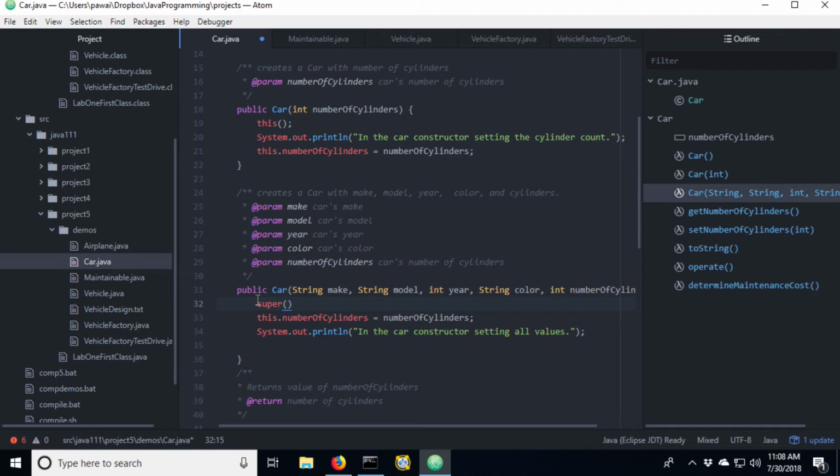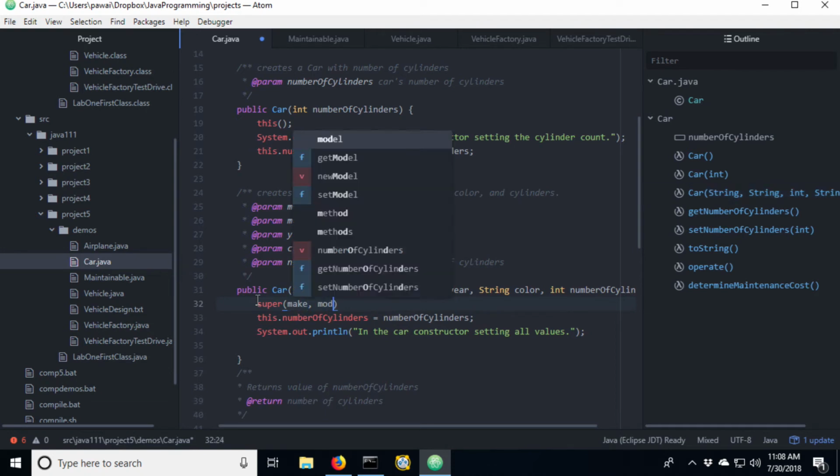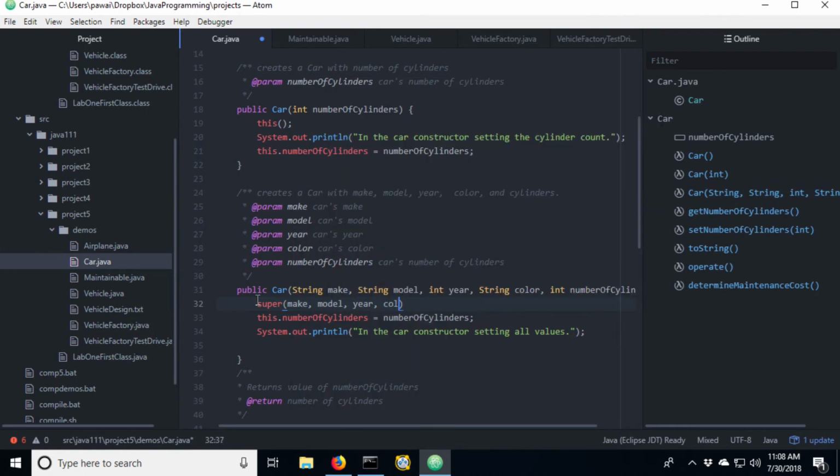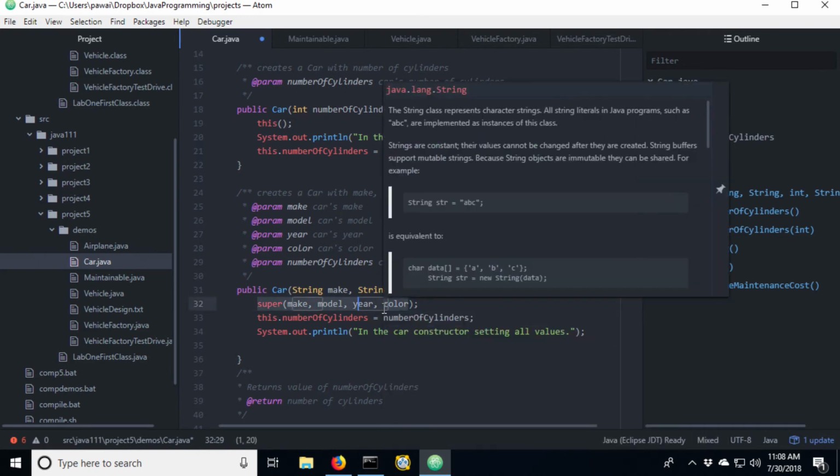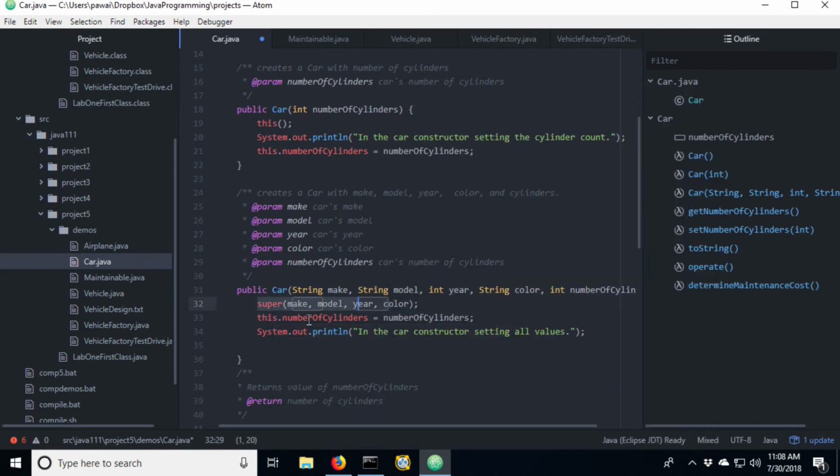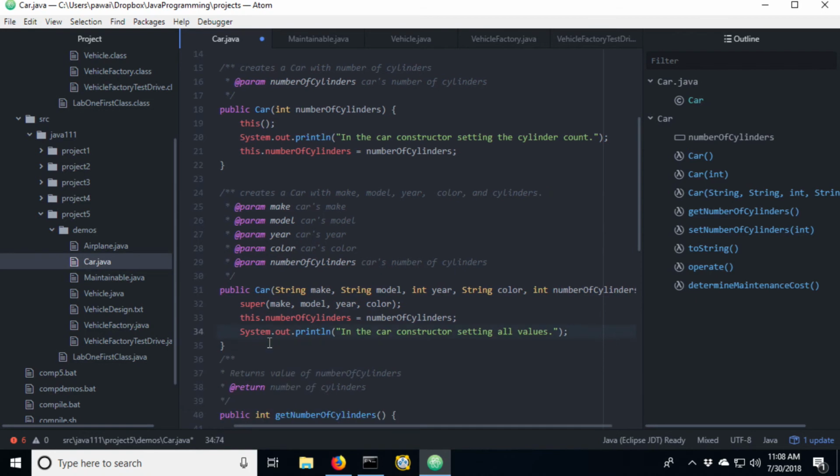And then we'll call to the super, make, model, year, and color. All right, so we have a single call to the super constructor, and then number of cylinders we're going to set separately, and then we've got our System.out.println just indicating which constructor we're in.